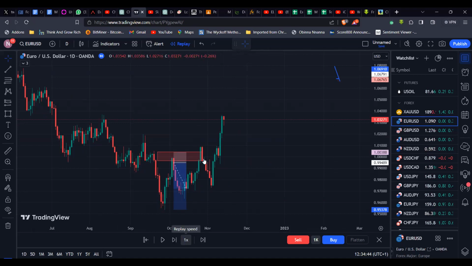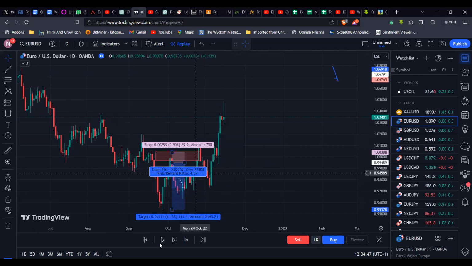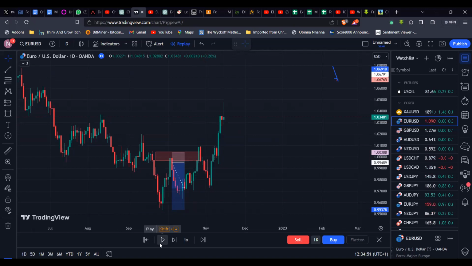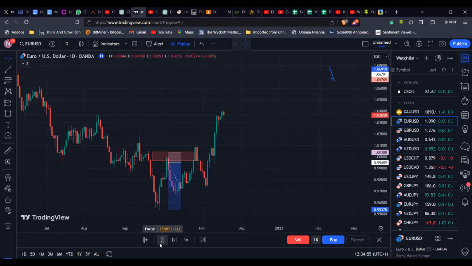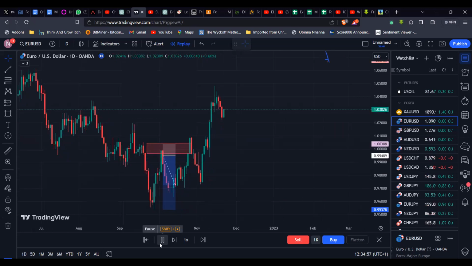So times like this are the time you probably stay away from the market and just maybe look at another trade, another pair, or wait for a better setup. Okay, and then price continues to move, right? And let's see what happens. Price makes a,